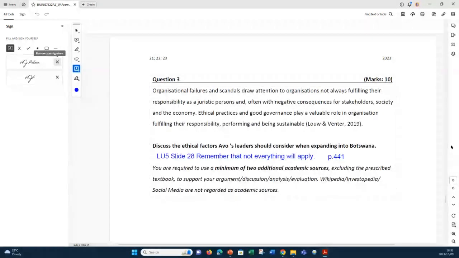No, not at all. 441, it is the ethical factors that we need to consider. So when we think of ethics and ethicality, it is about morals and values within society. Now, one of the arguments is to then understand the laws, the morals, the values.